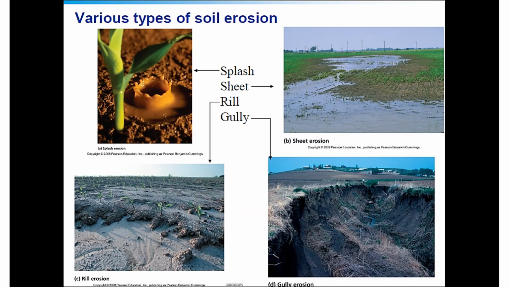All right, so there are various types of soil erosion. I've mentioned earlier that we have two types: the water erosion and the wind erosion. First, we'll discuss the water erosion. The first kind of water erosion is the splash or raindrop. That is due to the impact of falling raindrops on the soil surface, leading to the destruction of the